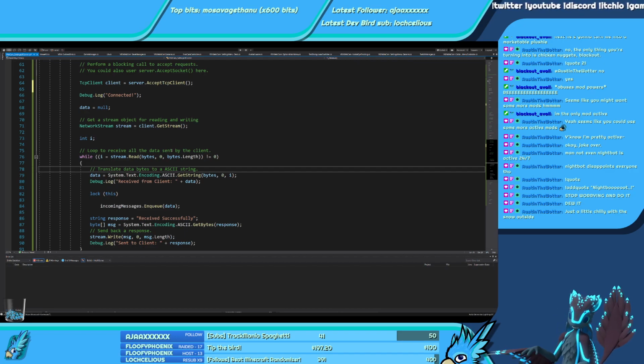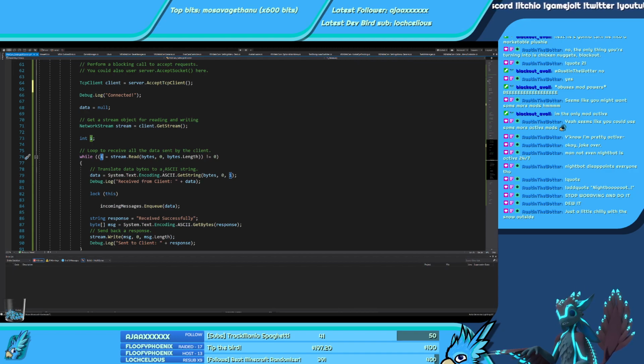Oh no, it's not equal. It's not greater, it's not equal. So I'm guessing the i is an int, but it's a character that's encoded as an int.